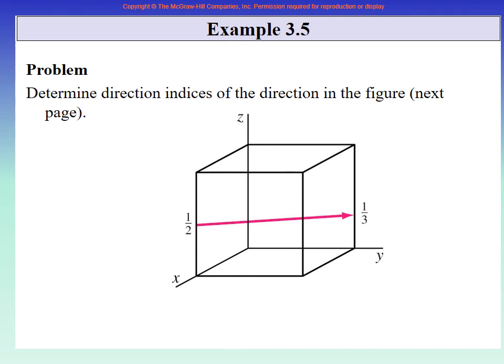So if you have located the 2 points, then just subtract the initial point from the final point and you will get it. But one other technique is, because it is a direction, so if you move up or if you move down exactly parallel to this, then the direction remains the same. All parallel lines have the same direction indices. So you can move it to the top here, it will become easier, or you can move it to the bottom here, it will become easier. So either find the coordinates of these points directly, as I just told you, or move them up and down.